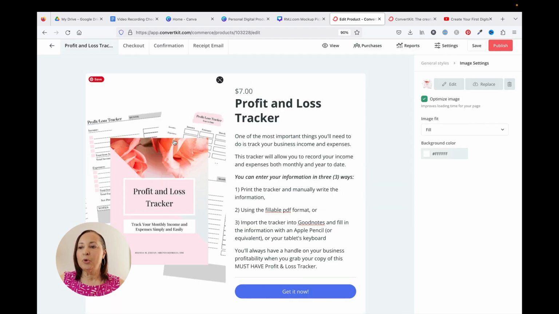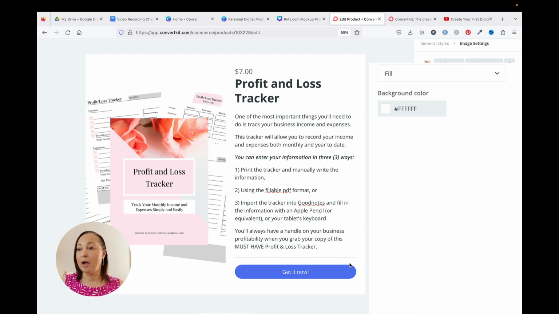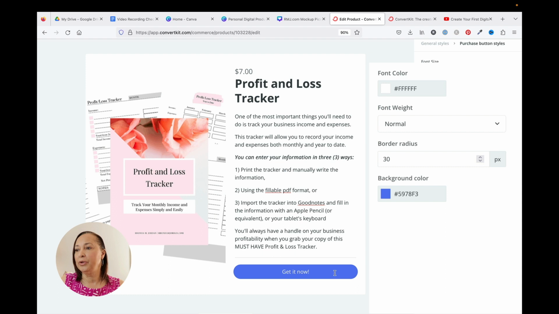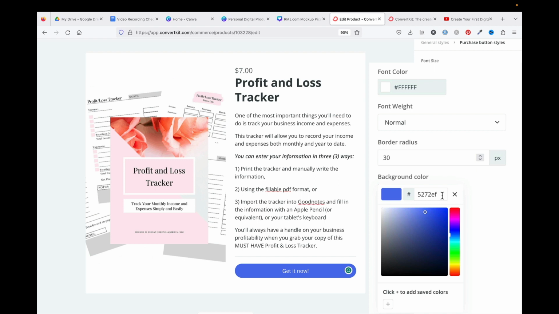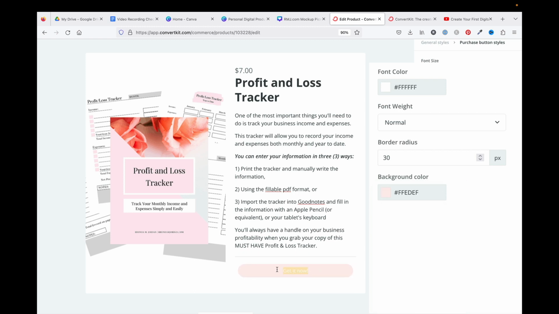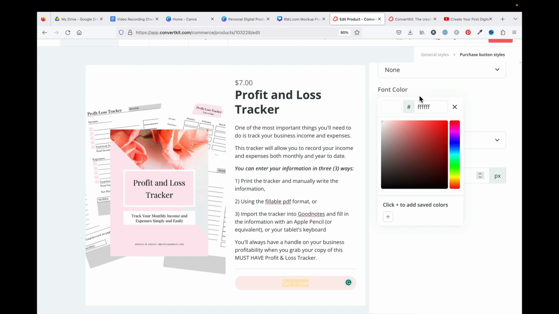All right, the next thing I'm going to do is start to customize the colors that are listed in here. So I'm going to click on this button icon, and I'm going to change that to a color that I use pretty frequently. If you know hex colors, you can put that in there. You can also use this and move it around, and it will allow you to select a color, but I'm going to put in the color that I want to use. Now you'll notice my text is kind of faded in because it was set to white. So I'm going to come up here and change my text color to black. All right, so now that's all set.